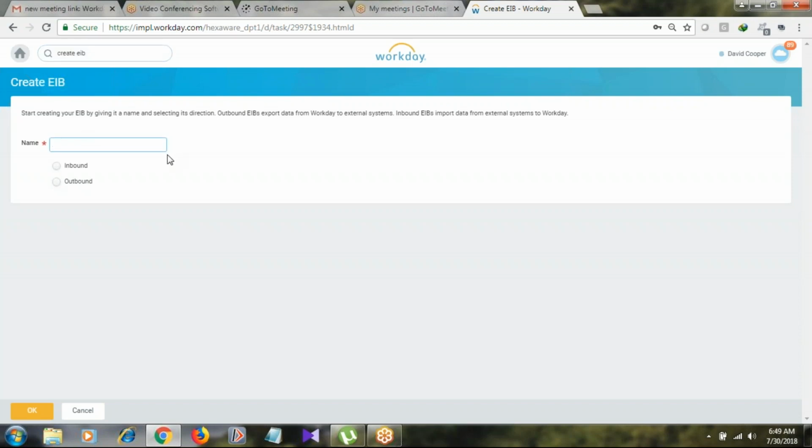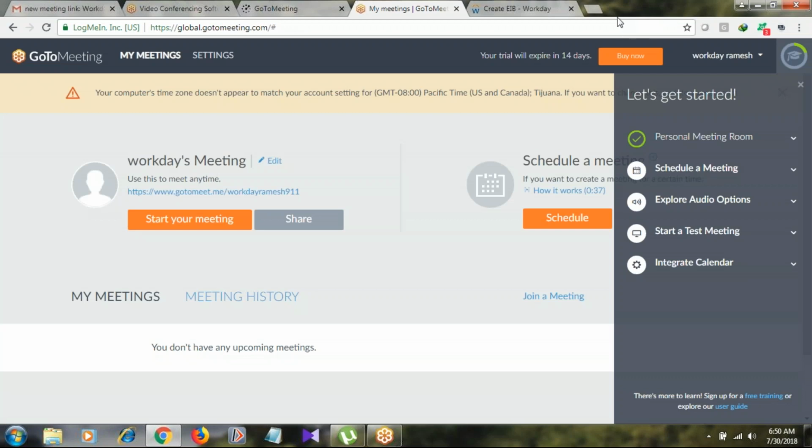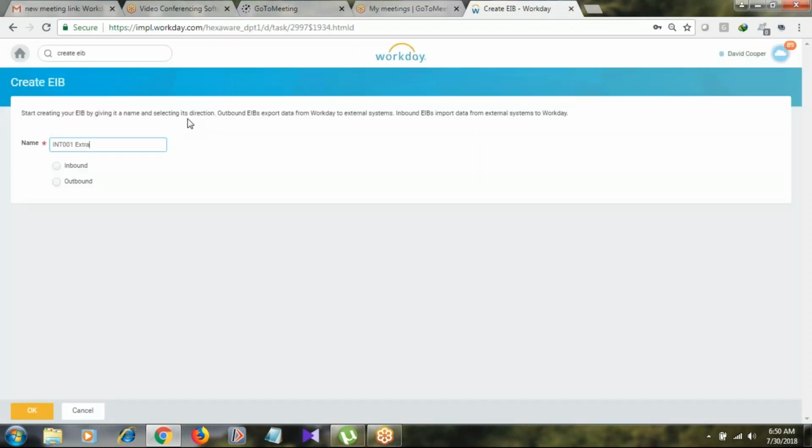So we need to provide a name here, our integration name. Usually we create it with INT001 and some name, like extract personal data. INT stands for integration, and 001, 003, we give some number here.